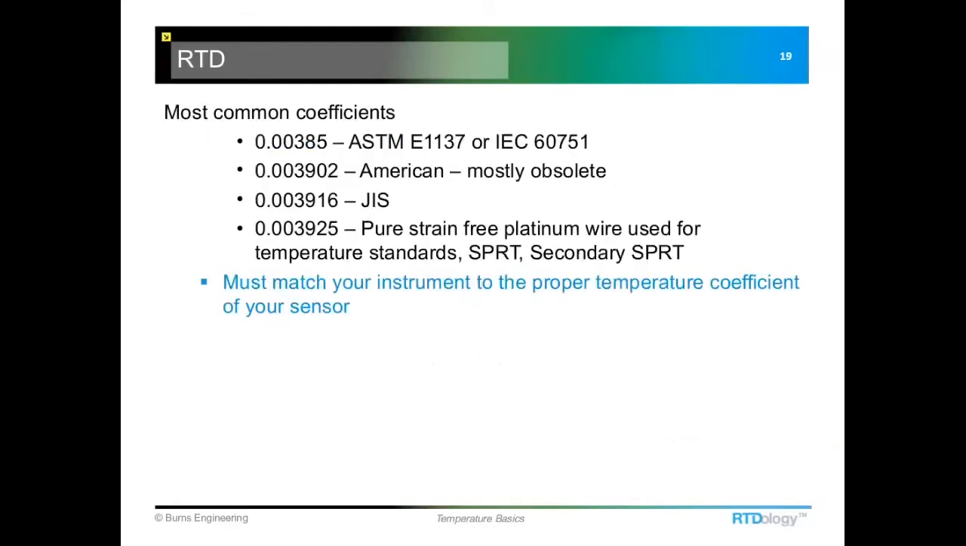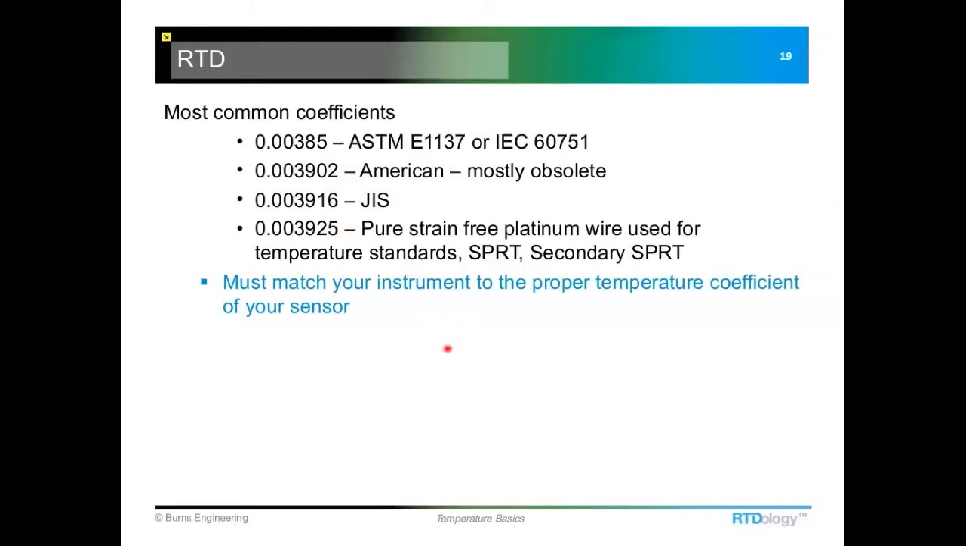And if we had other temperature coefficients, like for example this old US standard, which is pretty much obsolete now, this one at 100 degrees C would read 139.02 ohms, and this JIS spec would be 139.16. The temperature standard, whether it's a secondary standard or a primary standard, usually is made with pure strain-free platinum wire, and that temperature coefficient is a little bit higher. So at 100 degrees C, this would be 139.25 ohms. So just an easy way to look at that temperature coefficient,